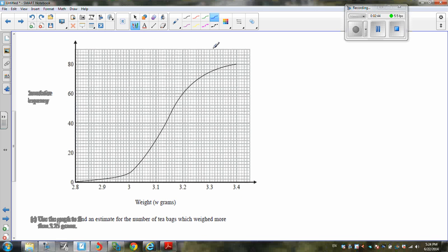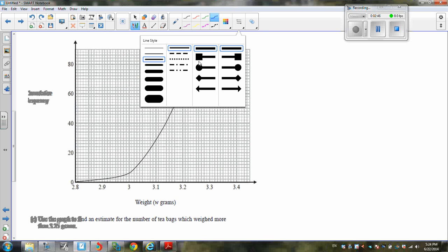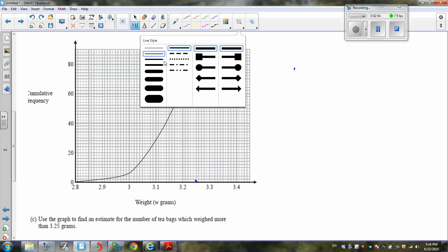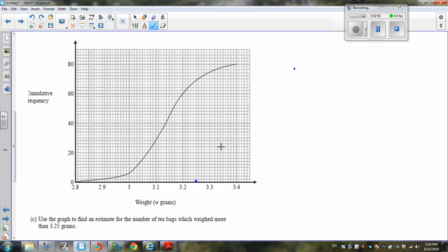Now we are given a cumulative frequency graph for the 80 tea bags. And the question says, how many tea bags weigh more than 3.25 grams? Well, if we find 3.25 grams here, we can draw in a straight line, which takes us straight up to the graph. That comes up like that. If we then read across from that point there, we get 68. We could have 68 or 69. It's sort of between the two,